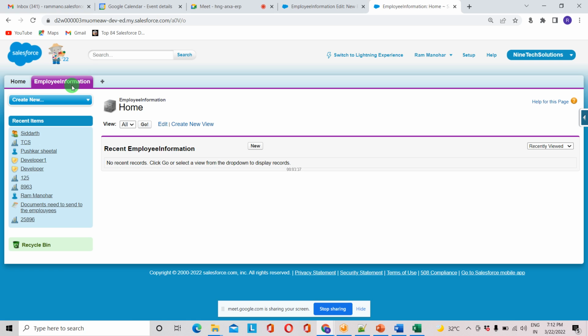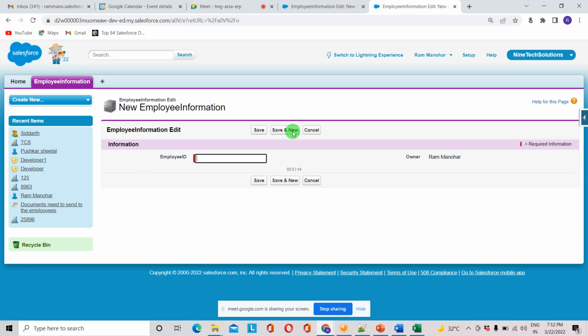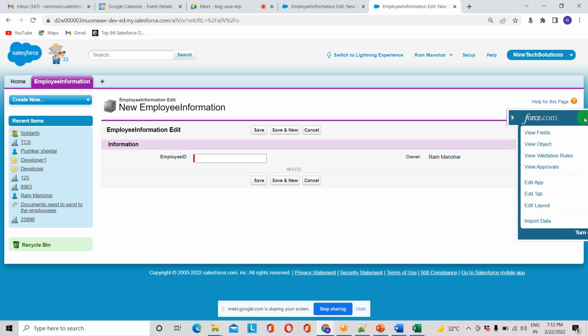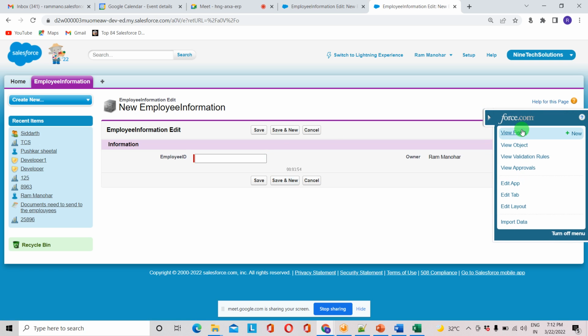Click on new, then you'll get one field automatically which we have created, and here there was a small button. Once you click on this, we'll get all options. So this is one option to create fields, and another one is to go to setup